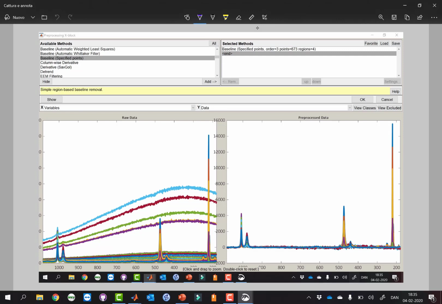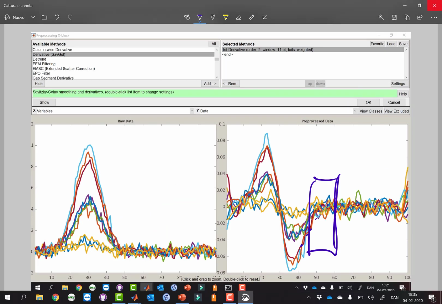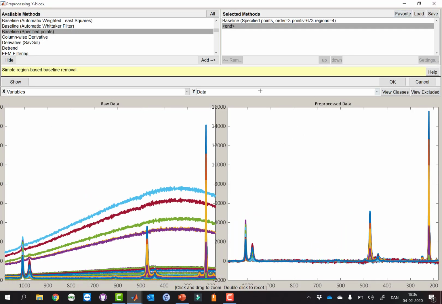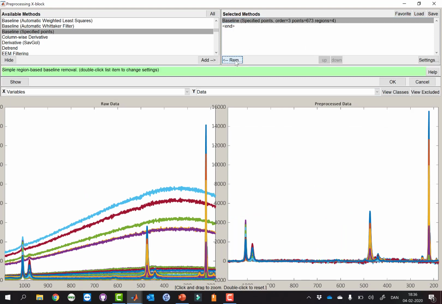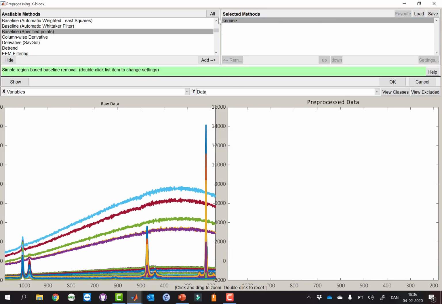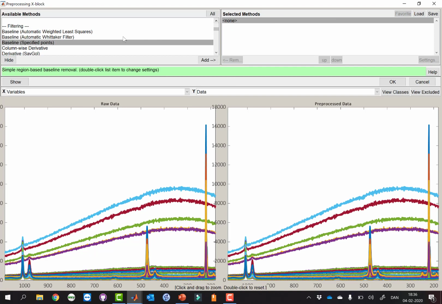But sometimes, for example, in chromatographic data, some samples would have peaks all over the place. And then this becomes almost impossible because you can't find regions where there are no peaks in any of the samples, even though you may still have nice baseline in all the different samples. They just appear in different regions. Well, there are some other methods that we can use instead of just fitting a polynomial,